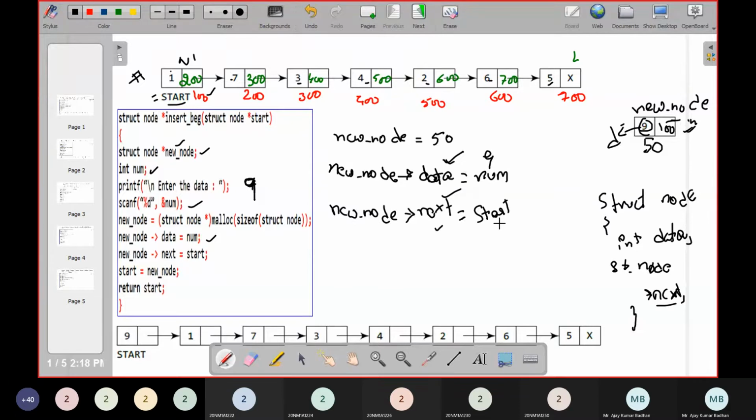So new_node->next equal to start. What does start consist of? Initially the value 100. So that value we are going to keep as 100 here. So automatically what happened now is a chain is formed. You have created a node, and within that node you have assigned the value 9. And in this step, whatever value is present in start, that is 100, you placed in new_node->next. So that means you have placed 100 here. So a link is formed between these. Okay, I hope you are getting it.